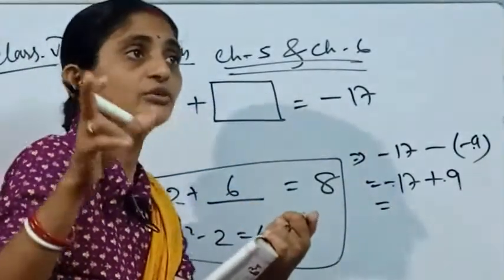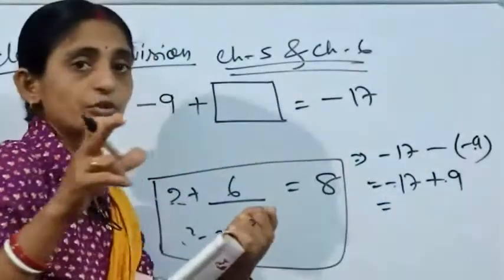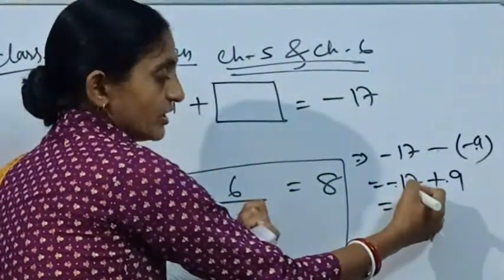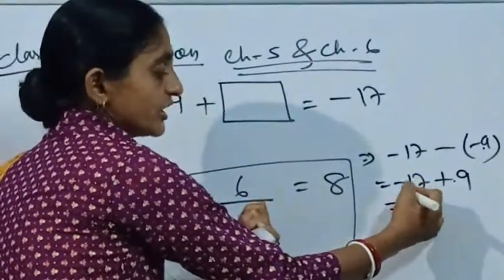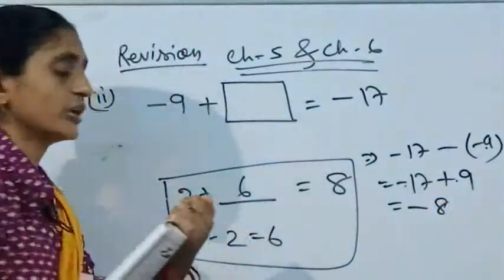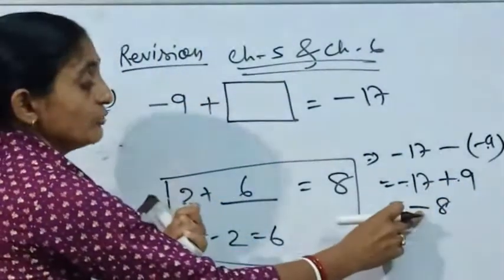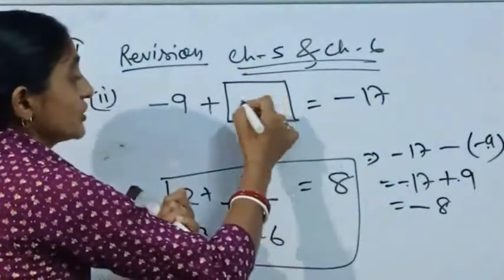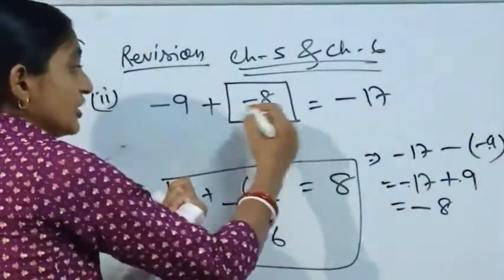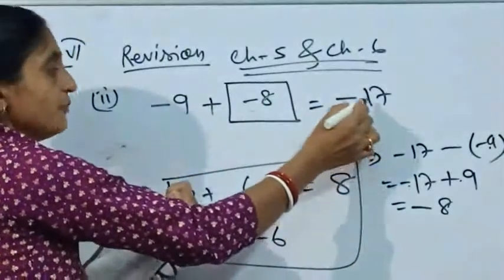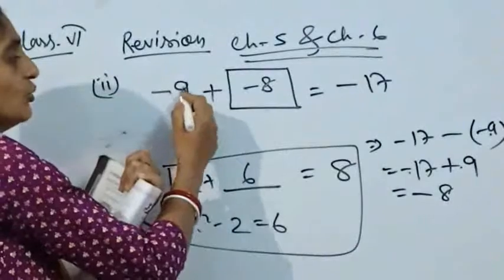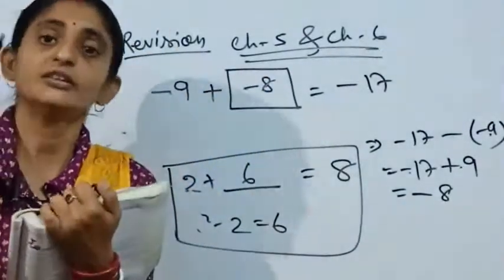And what sign will we carry for that? After the subtraction, whatever result we get, the big number here is 17, so we will take the sign from that. After subtracting 9 from 17, what are we getting? We are getting 8. So what will be the sign? It will be -8. So let's put -9 and -8. It will give you the sum of -17. Here you can do a cross check. Add -8 and -9. What are you getting? Yes, you are getting -17 only.